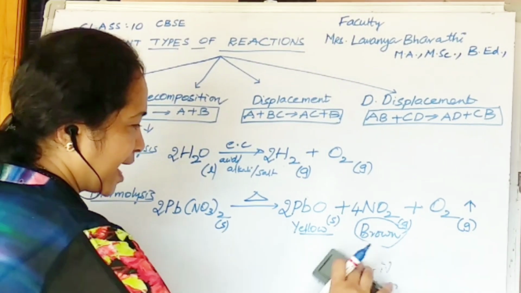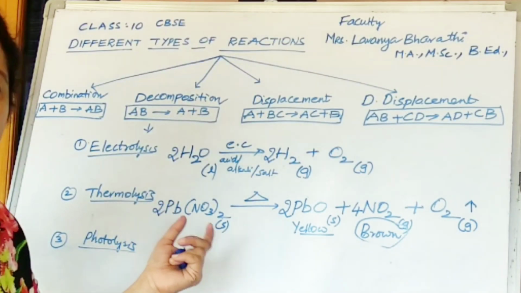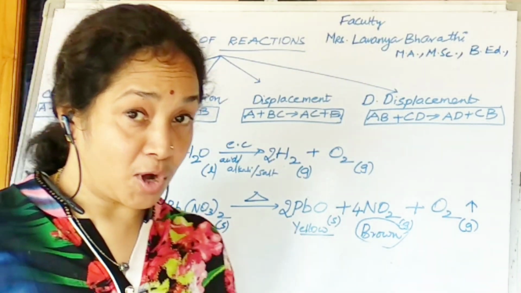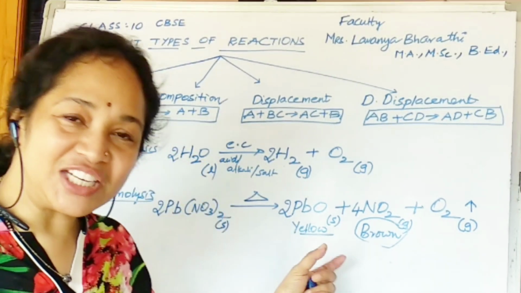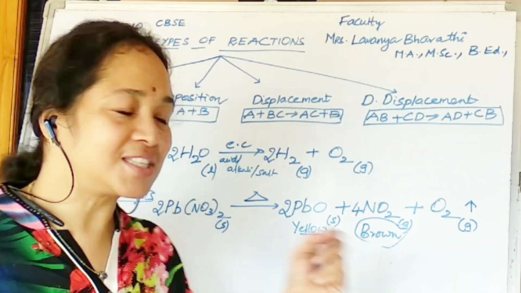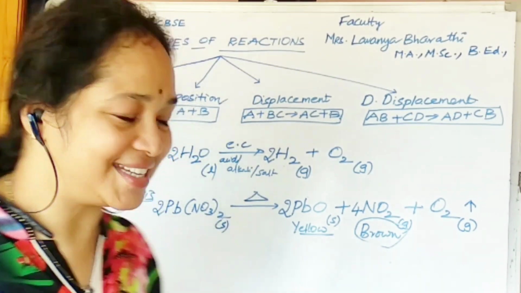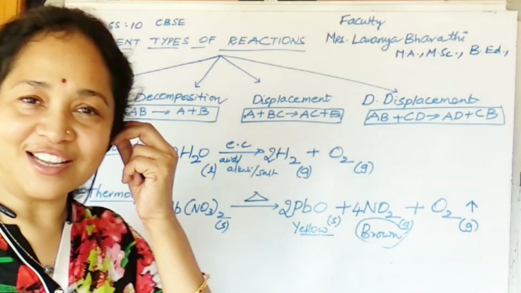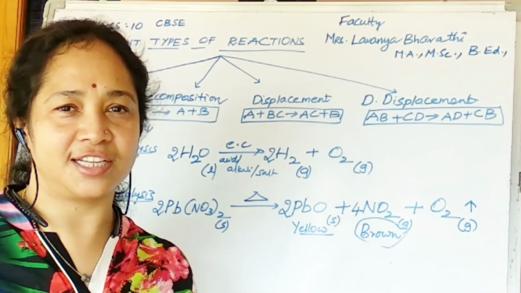Okay, so come back to our lesson, that is here thermolysis. Thermolysis is nothing but a thermolytic decomposition where a big molecule is split into simpler molecules with the effect of heat energy. Right? Next we move on to photolysis. The third method, that is photolysis. What is photolysis? See,